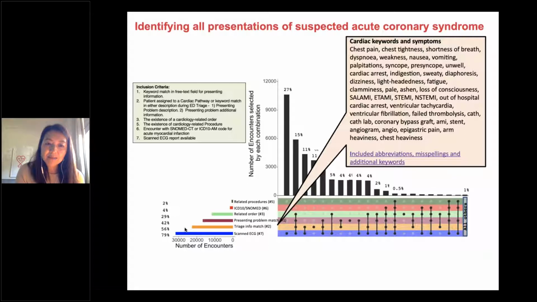And what this upset plot shows is all the presentations that met each of these inclusion criteria. If we had only extracted, and this is the cohort that was defined by having a positive ICD-10 code or SNOMED code for acute coronary syndrome. So a classic STEMI presentation would meet a criteria saying that they would have, say, a diagnosis, a relevant